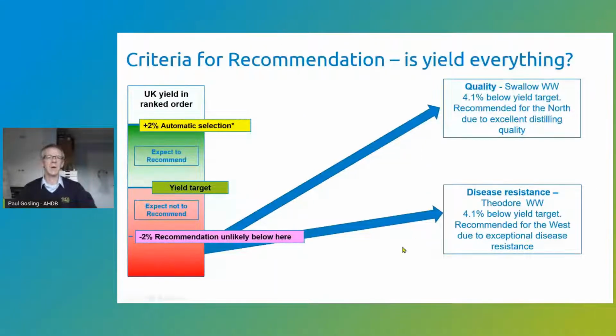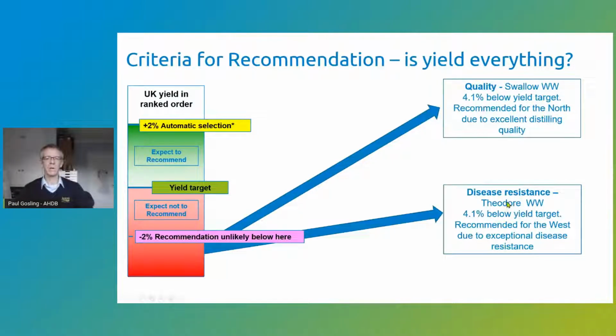So is yield everything? Well, no, it isn't. And even varieties that yield well below our yield target can get recommended if they offer something special. So this year, we recommended a variety based on its quality. That was Swallow winter wheat. It's 4.1% below our yield target, so well down into this area of unlikely to recommend. And the reason we recommended it was because it has excellent distilling quality. So we only recommended it in the north, where distilling quality is important, but it did have excellent distilling quality